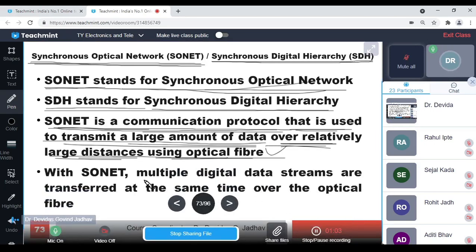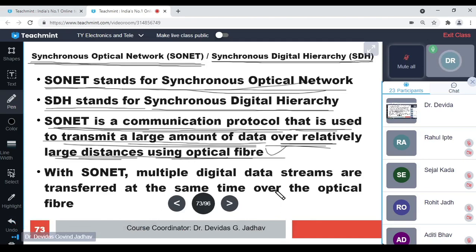It is a synchronous optical network, which has the ability of communicating multiple digital data streams that are transferred at the same time over the optical fiber. So WDM